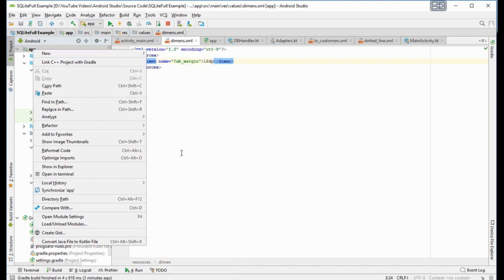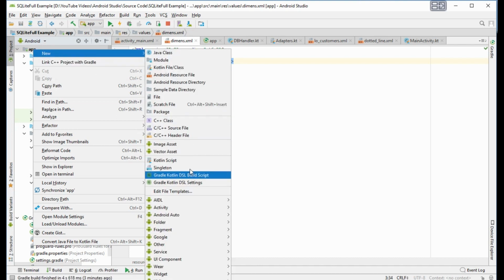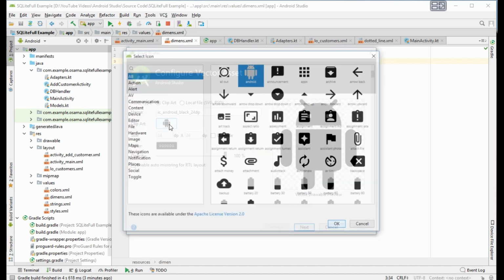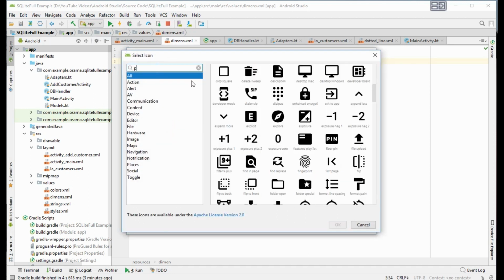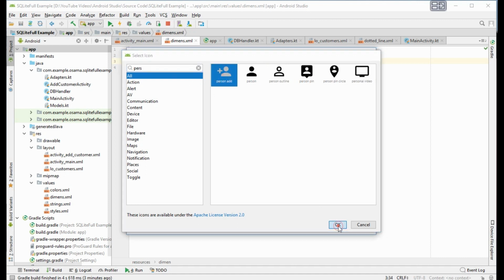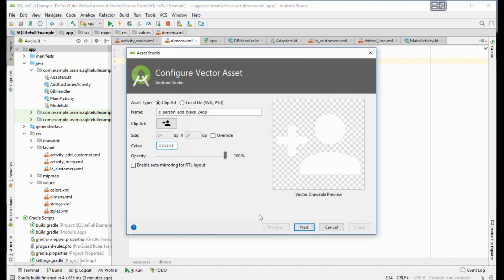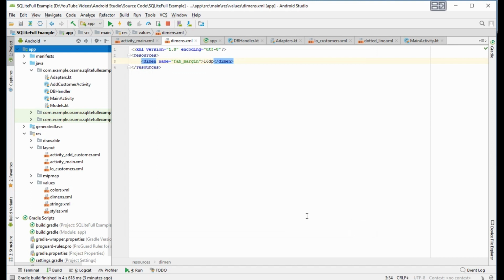Here, right click on the application, new, vector asset, and we will select here person add, and the color white, choose person, next, and finish.